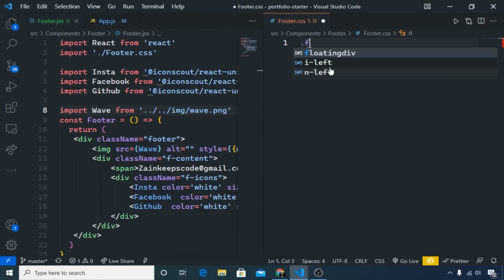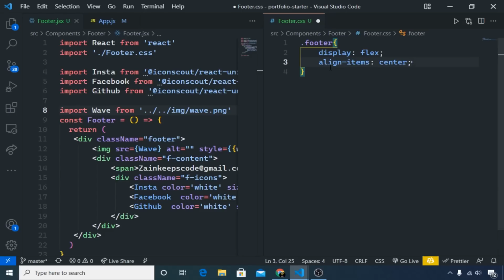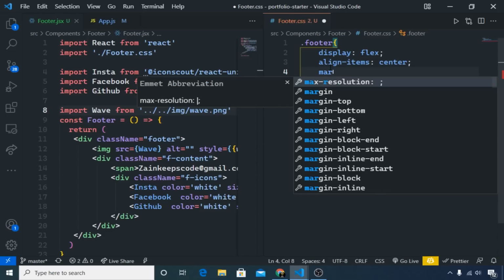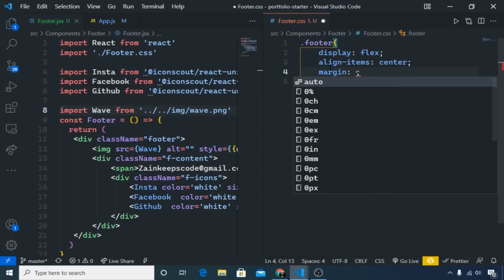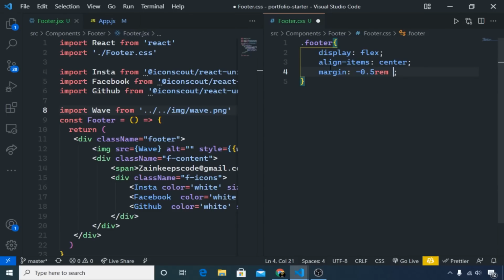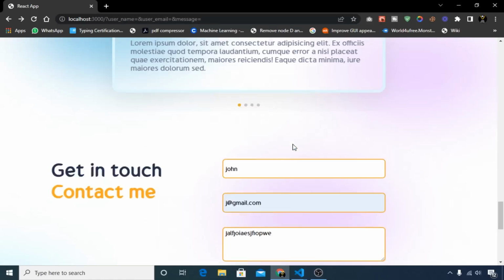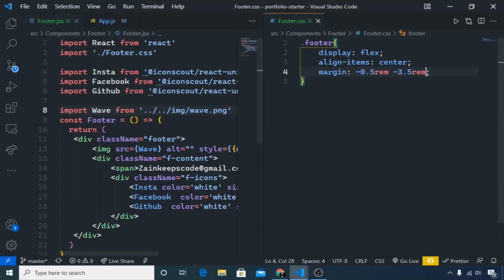First of all, for the footer class I will make it display flex and align-items center. Then I am giving it a margin from top and bottom of 0.5 rem, and from both sides it will have minus 3.5 rem. Let's save and see. Here we have this. Okay, so